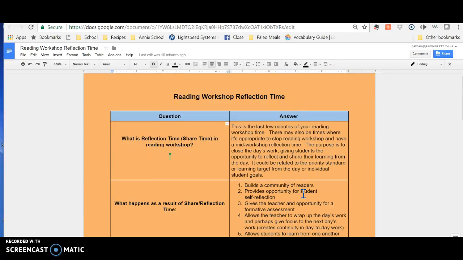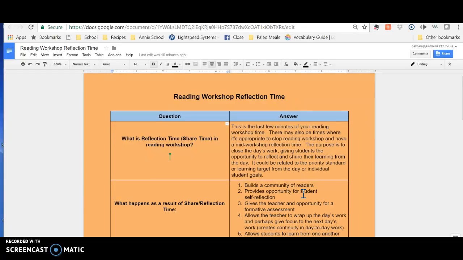A coach after a game, if he or she is an effective coach, is going to bring the team together and talk about, okay, what went well, what do we need to build on, what is a teaching point from the game, what's something that we want to replicate that we did good. And it really gives a team a focus for the next time they have a practice or the next time that they have a game.